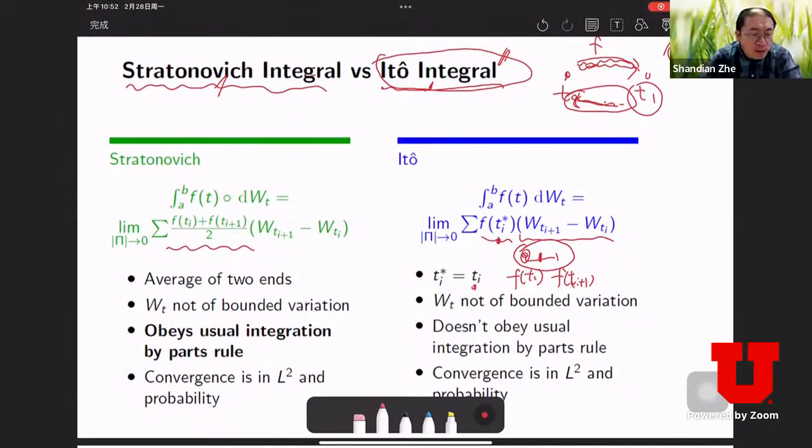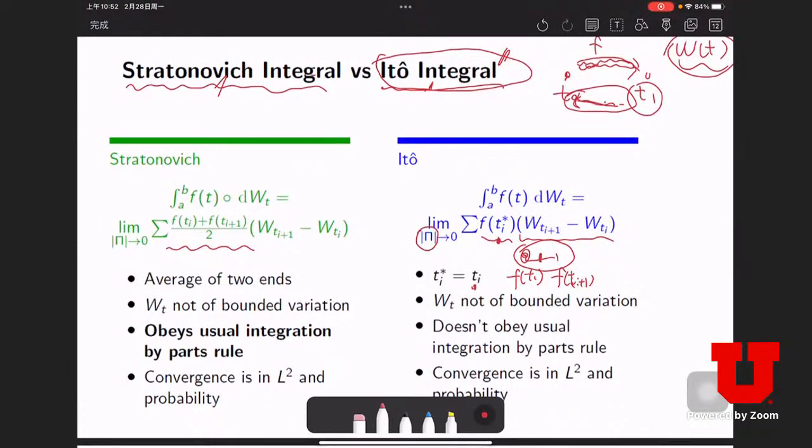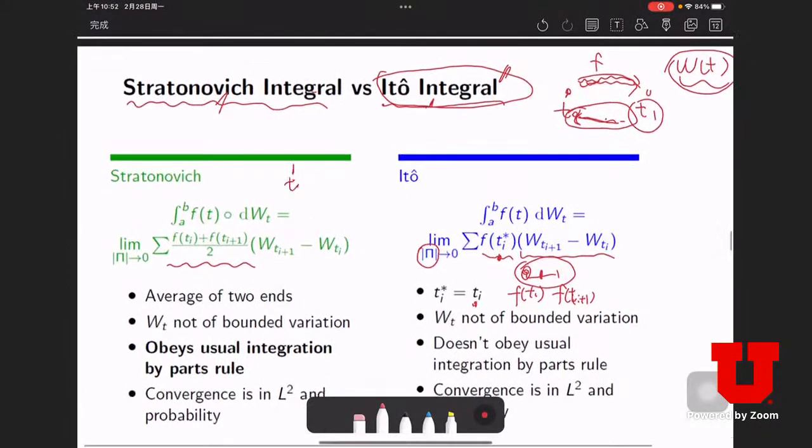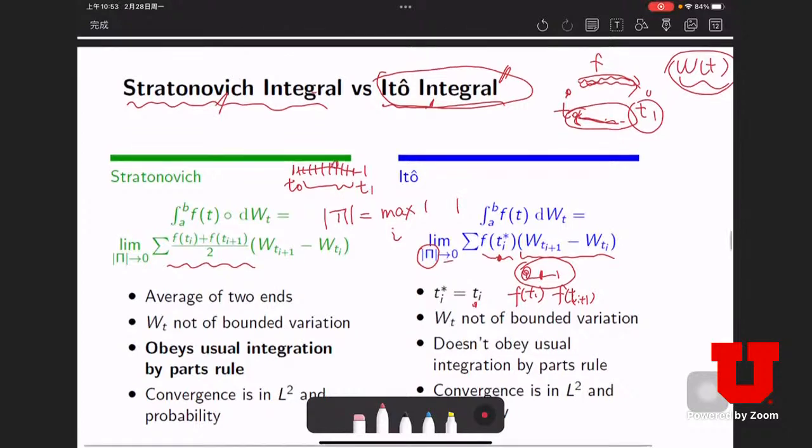And under the limit symbol, is pi actually the spacing, like the delta? Yeah, you mean this one? Yes. This just means the partition: the interval goes from T0 to T1, and we split it into lots of small intervals. This partition is called pi, and the norm of pi just means the max of the length of the intervals. So if the max of the interval length goes to 0, in the limit it just goes back